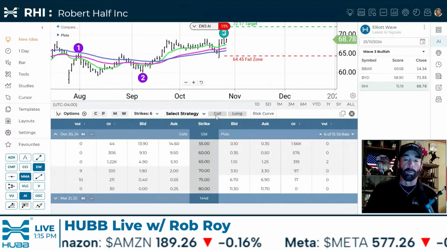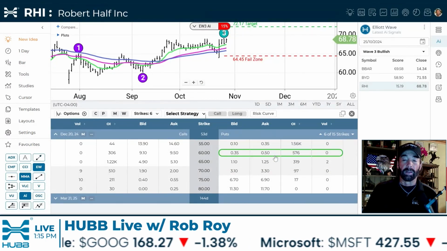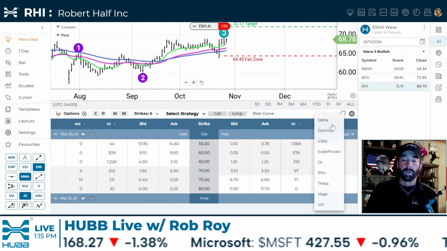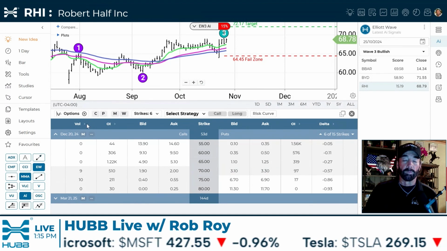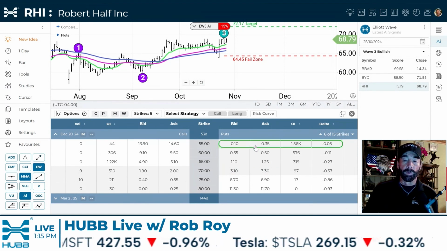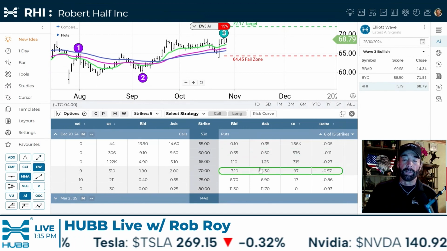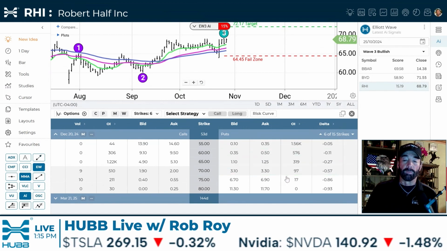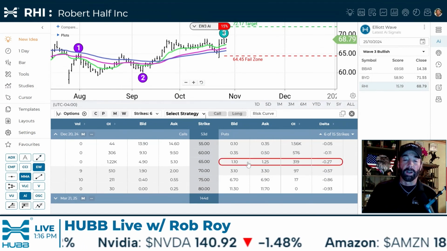Of course, we're going to want to be on the put side of things. So we're going to be over here on the right-hand side. And I always change this volume to delta. As you know, that's really what we're looking for. So if we were going to look to short this, there is some open interest here. But if we get to the 65 strike put,